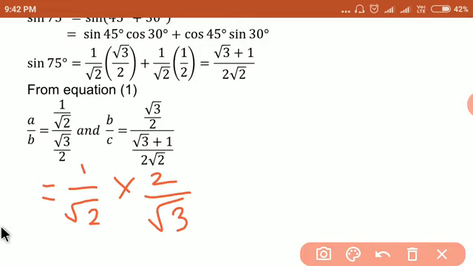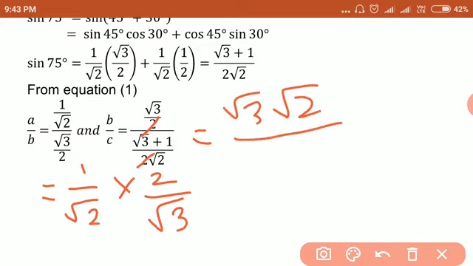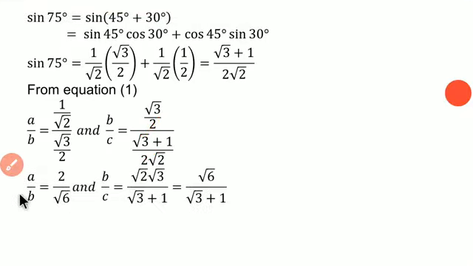Similarly, in B upon C this 2 gets cancelled, and here this root 2 goes to the numerator, meaning it goes to multiplication, and so we get its value as root 3 multiplied by root 2 divided by (root 3 plus 1), which is equal to square root 6 upon (root 3 plus 1). And the value of A upon B is 2 upon square root 6, and so we get the values as A upon B is equal to 2 by root 6 and B upon C as root 6 upon (root 3 plus 1),